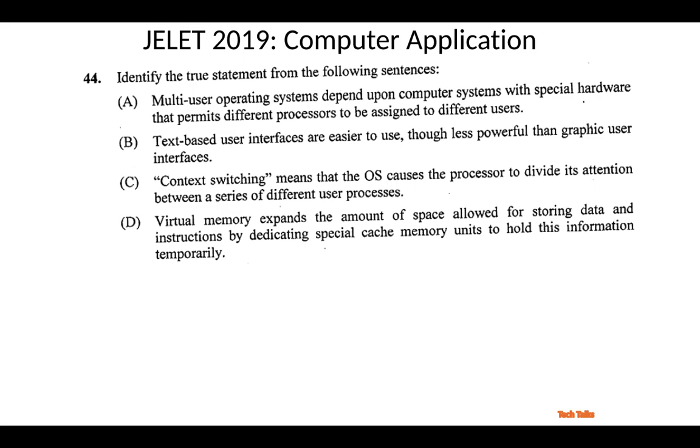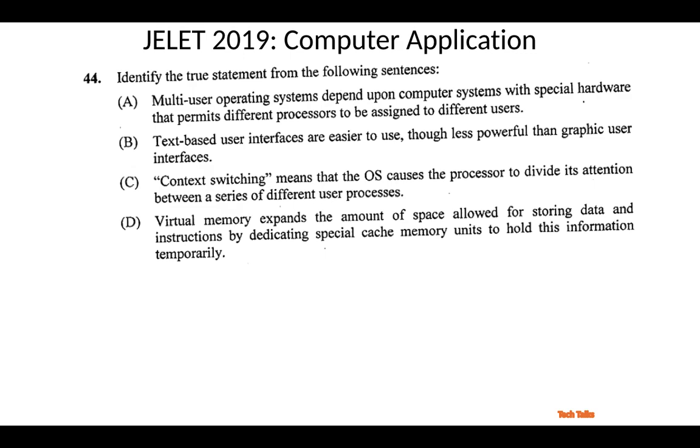The operating system assigns some time slice of the processor to one job, the PPT, and then in the next few milliseconds it goes to the other process, playing the song. It keeps on switching so fast that we don't notice. We think the PPT is running and the song is also running, but the processor actually switches from one to another very quickly.